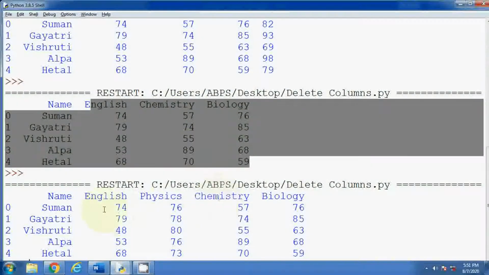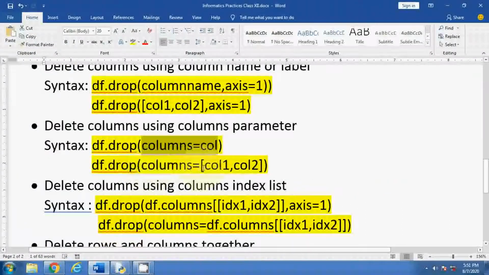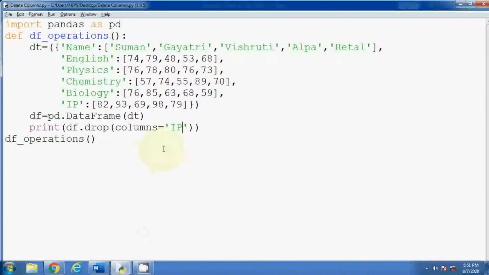Similarly, whenever you want to use multiple columns, provide like this: col1, col2. So col1 is already given, columns equal to IP and biology. Let me change the order. I have not given it in a specific order, just as given while creation of the data frame. First IP is used, then biology.